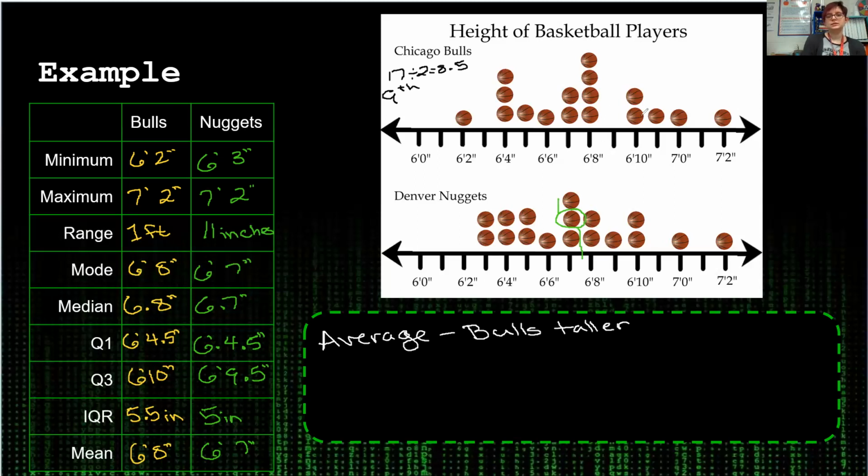Okay, because these aren't both symmetrical, we can't only use the mean, but I can see that my median and my mode are both higher for the Chicago Bulls, so that gives them a taller team on average. If I look at my range and my IQR, they're both smaller for the Denver Nuggets. So if we look at consistency and height,